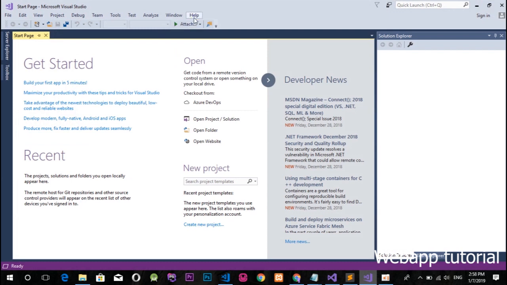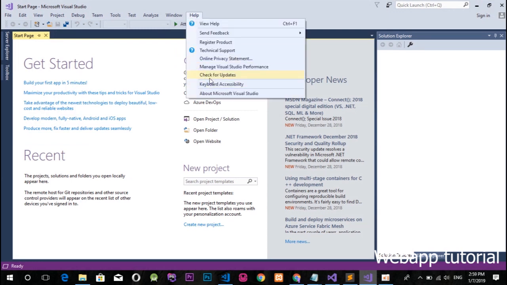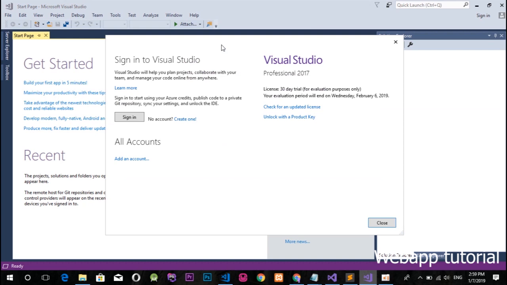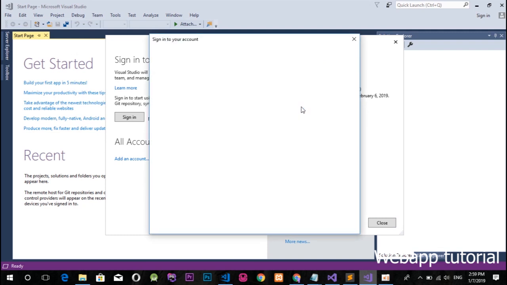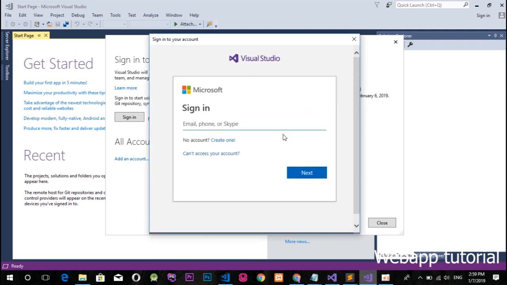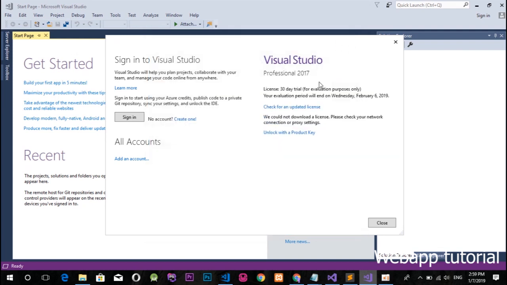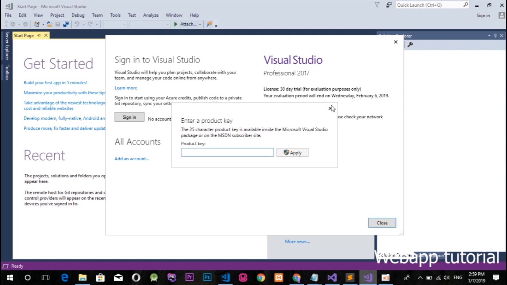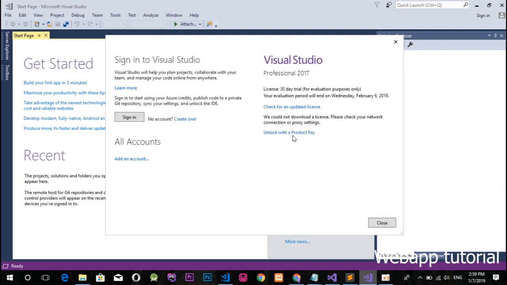I go to Hub and click register product. Check for an update license. Oh sorry. Click unlock with a product key